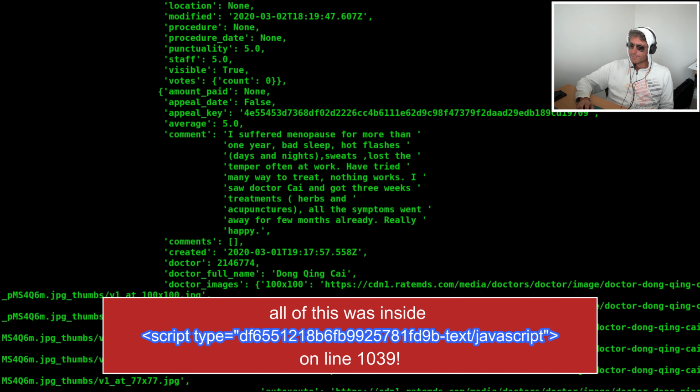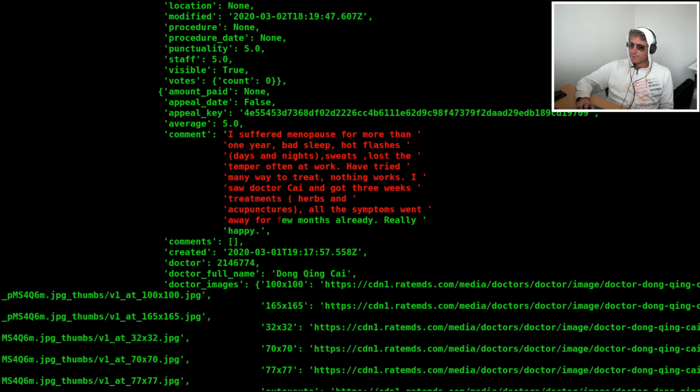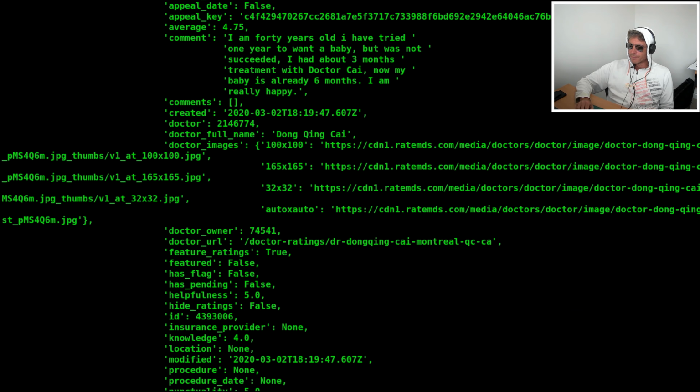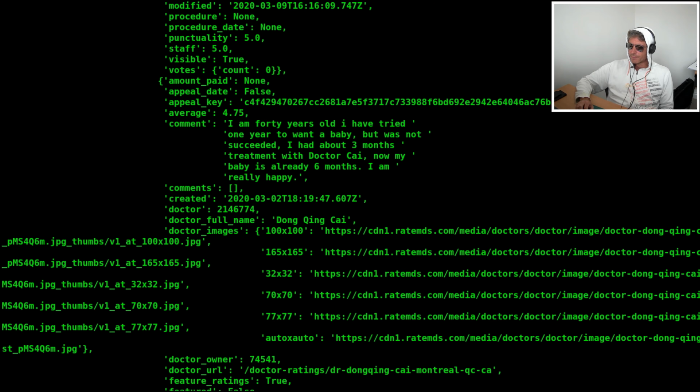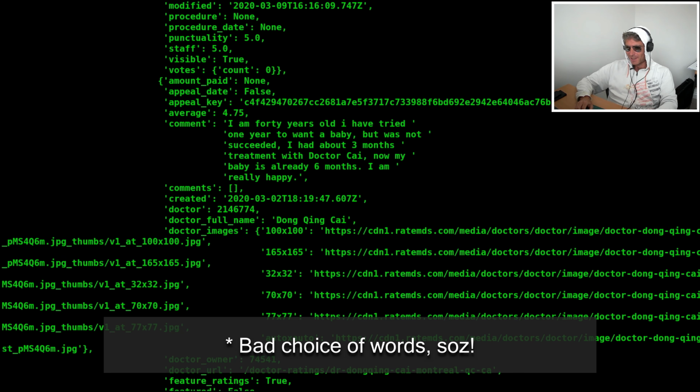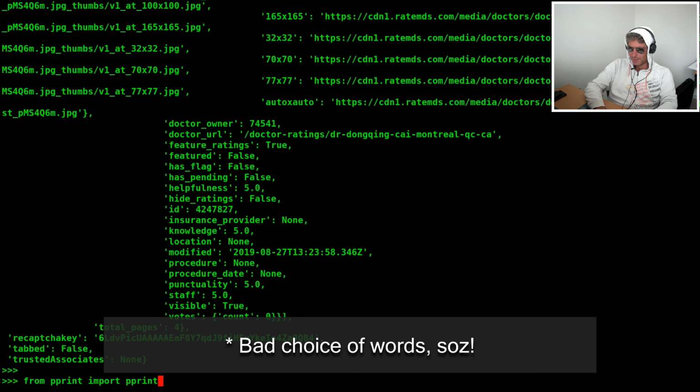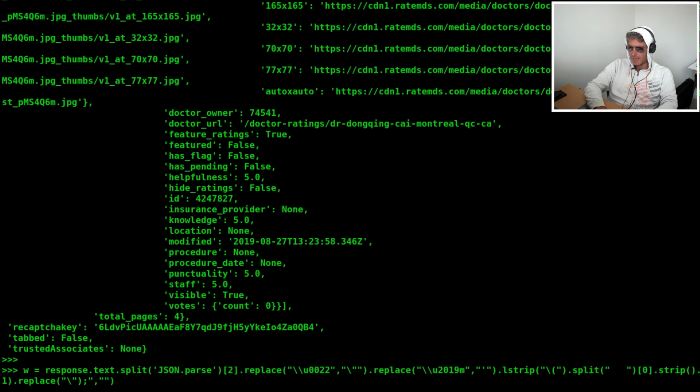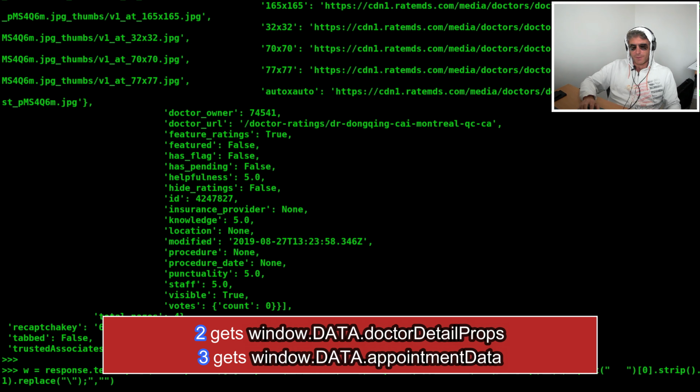And if you saw, I had a number 2 in the JSON, after JSON.parse. The 2 in the square brackets, if I change that to 3, that will get the 3rd instance of JSON.